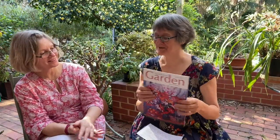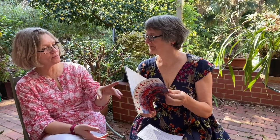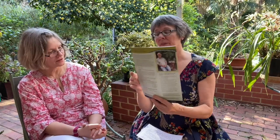And they have wonderful conferences, terrific journals. But then they also have oral history on the back. They do. Every issue, and you can link to that oral history collection. But they also have a guide on how to record one. They do have a guide, and it's really good, and it helps you to map out your garden and work